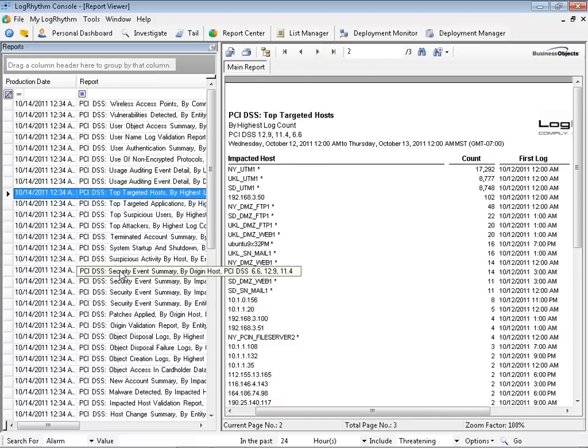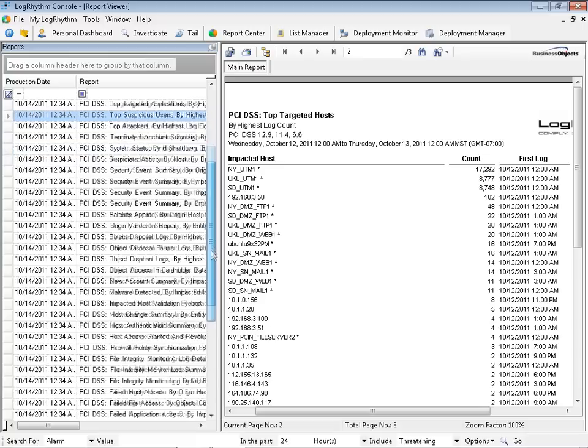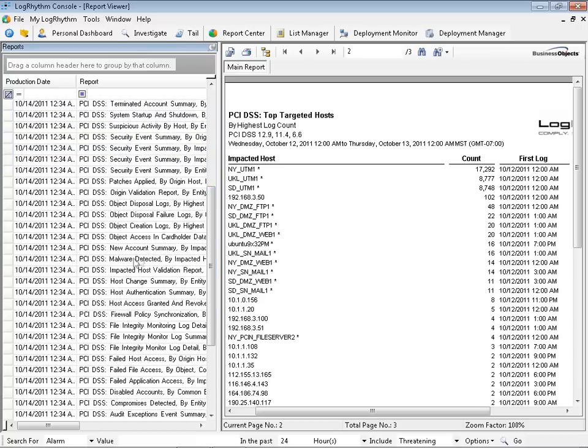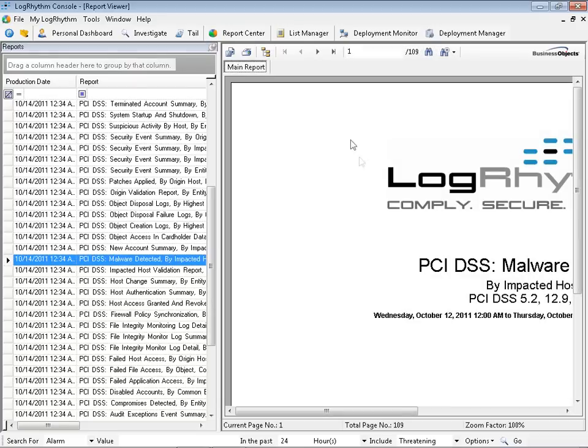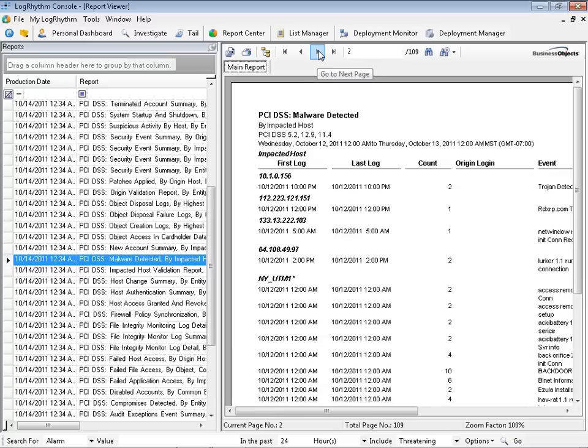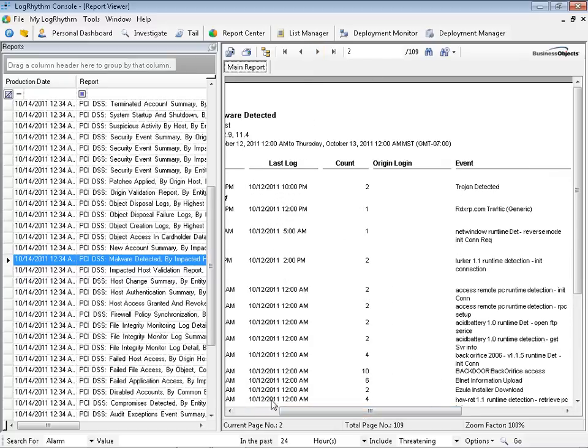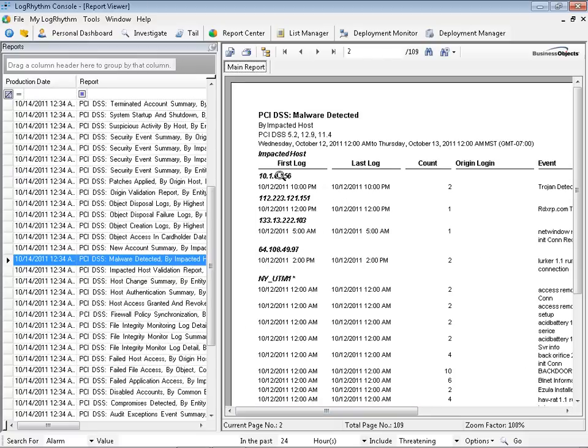Another example, malware detected report. Unfortunately, this is a big report, which would not be ideal to see within your environment. But here I can see I have a report that lists all the malware detected by host. So I think that should give you a flavor of how reports look within LogRhythm, and really the almost profound